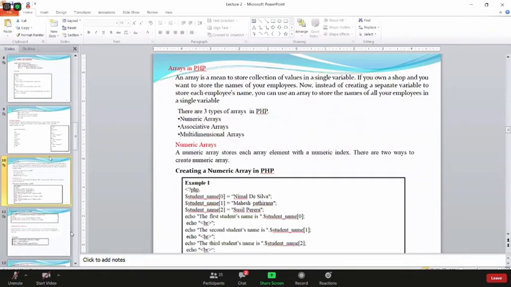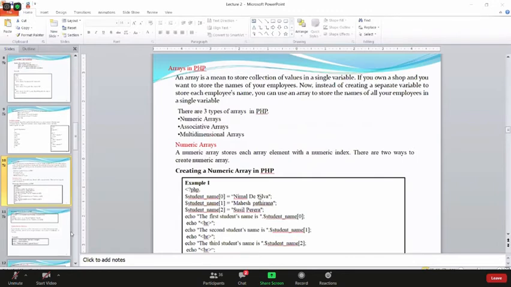We will see both ways. First one, now say you want to display three names. Then for the first student name, within square brackets you write the index. That is index 0, the first element.